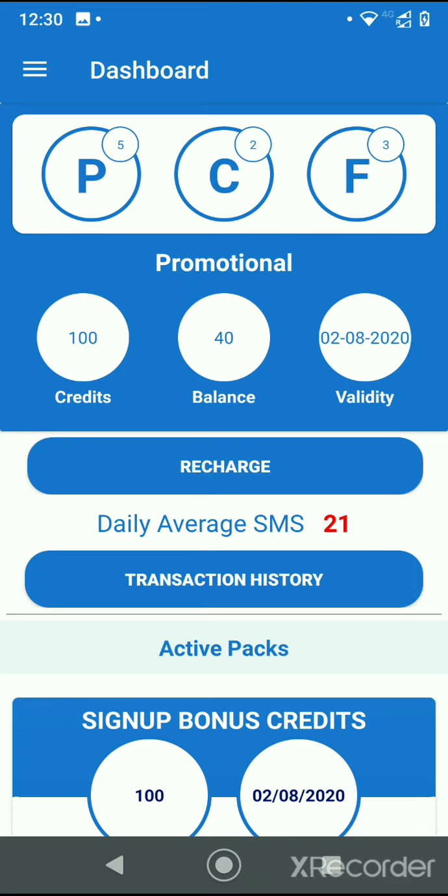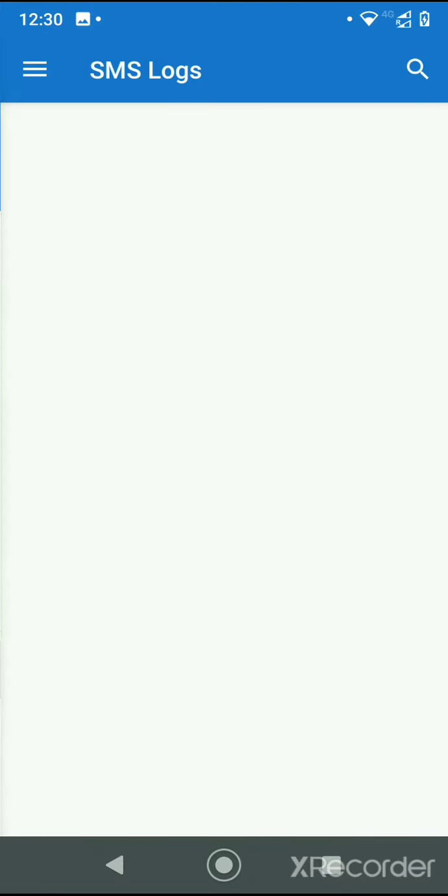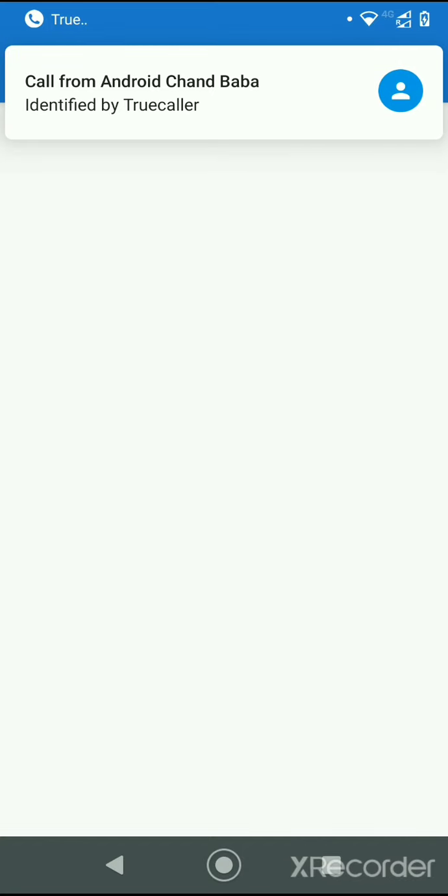I had taken the access for call logs. Why I took it, I demonstrate here. When I go to the SMS logs, presently you see a blank screen. The core functionality we have built is that if anybody is calling me, the app is going to read that number and show it here.